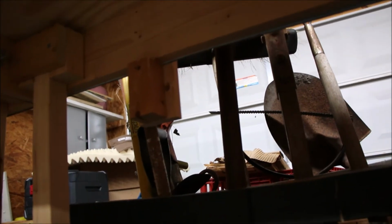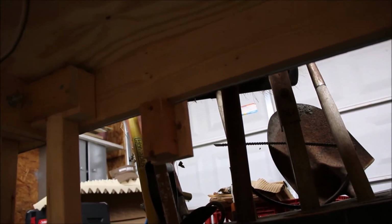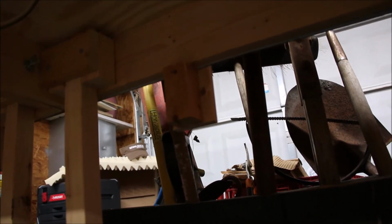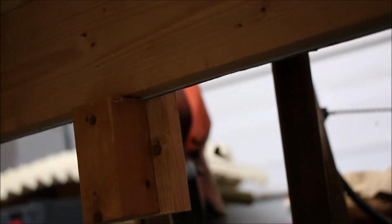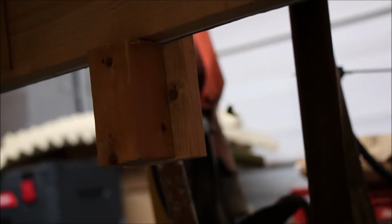So go under here, and these here, that is what I was talking about earlier. It's like a 2.5, 3-inch piece of 2x2 screwed to that 1x4 or 1x3. If you look really close right here, maybe we can zoom in and see, there's a piece of the backdrop. So basically the backdrop sits on that, so it's even all the way across the bottom of the layout to